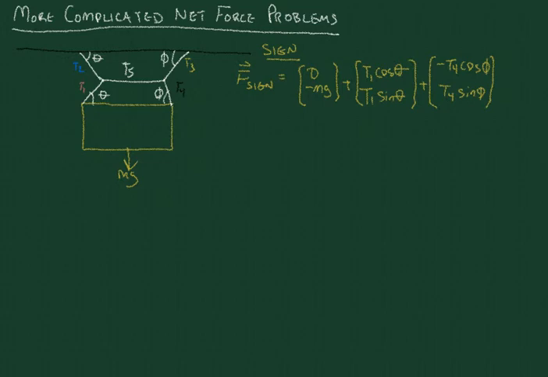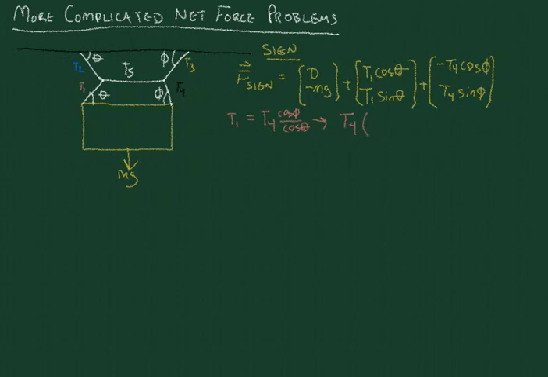And so you'll notice here that if we look at the forces on the sign, this is exactly like the problem we saw before, just with different numbers. But this is solved in exactly the same way. So I'll go through it quickly now because we just saw this in the last unit. So we would say that T1 is equal to T4 times cosine phi over cosine theta, and that tells us that